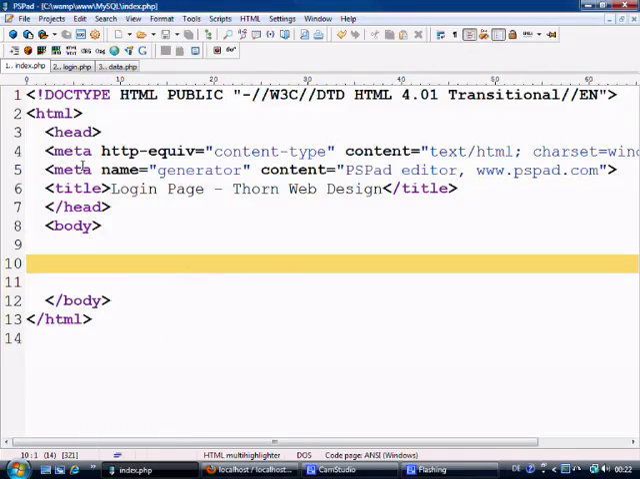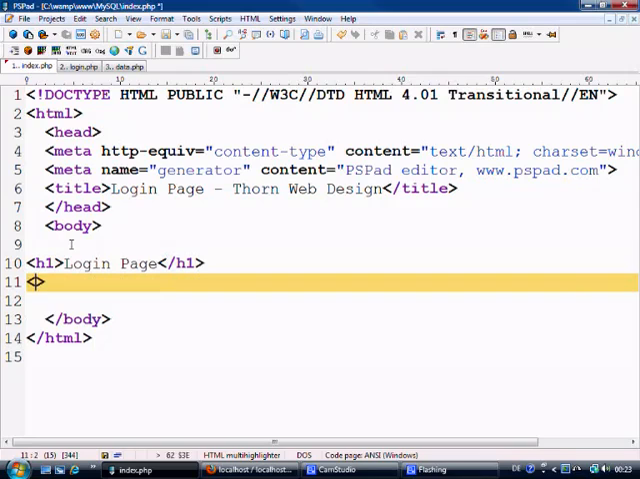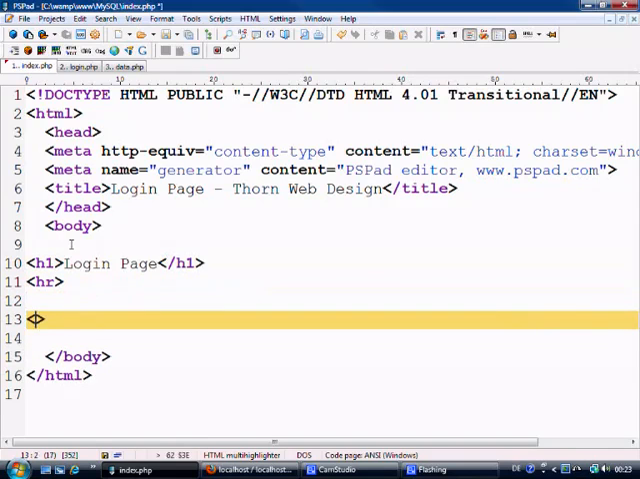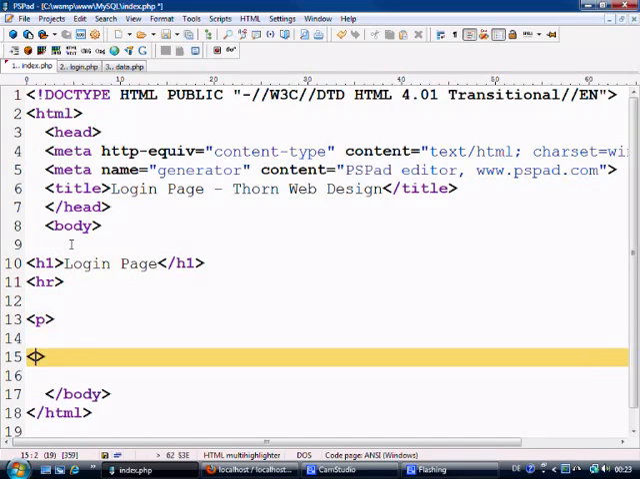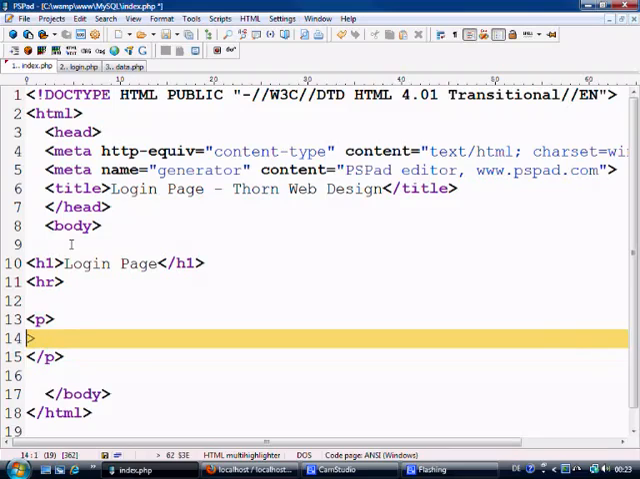Let's come over to PSPad, and I've got 3 pages: index.php, login.php, and data.php. The first one is just going to be the HTML page to show the login box. So, login page. I'll just close this H1 off. And then HR, and then with some paragraphs we're just going to say username,